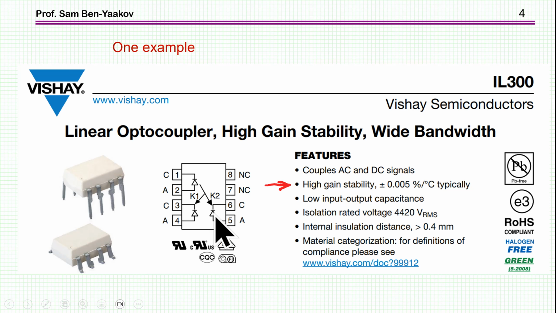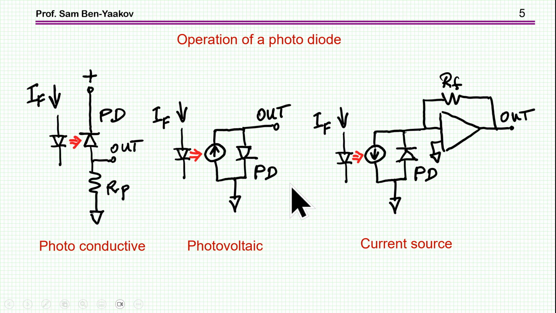Now, one of the advantages here is that it has a very high gain stability in terms of temperature. It's also very linear, and the gain stability is in the range of 0.05% per centigrade, which is, of course, very good. Now, when it comes to pairing a LED and a photodetector, there are actually three ways of managing